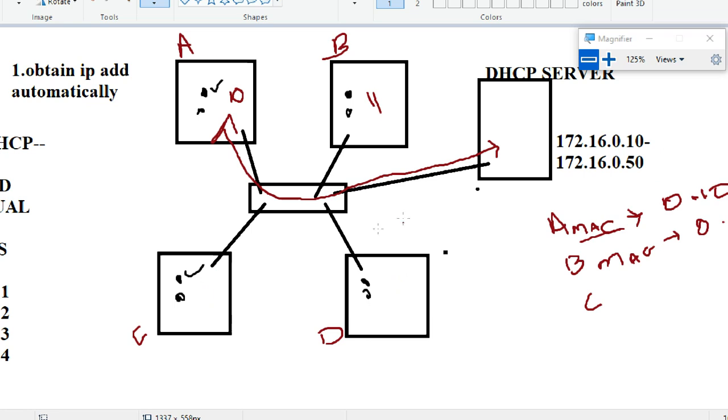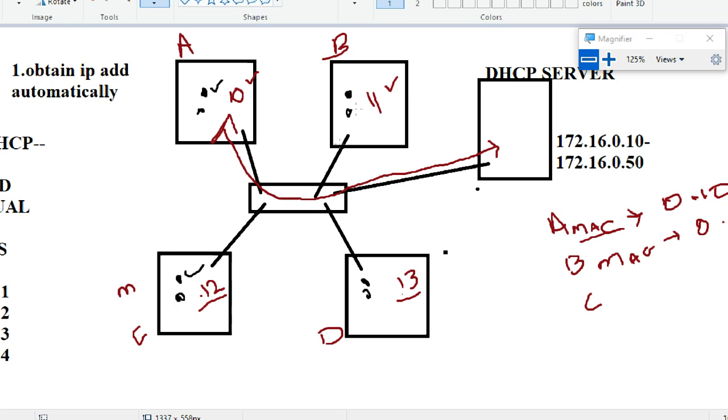For example, we'll go to another, more dangerous example. This one dynamically got a 10. This one dynamically got 11. I assign 12 here manually. Now this one will get 13 automatically. This is the manual one, not automatic. So I assign 12 here, and this one gets 13 automatically.